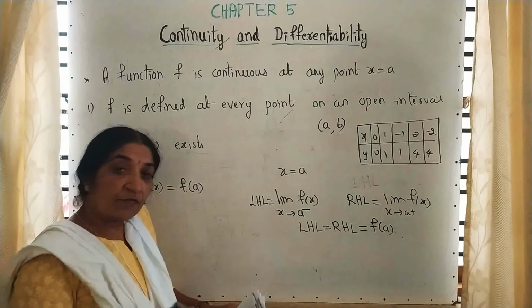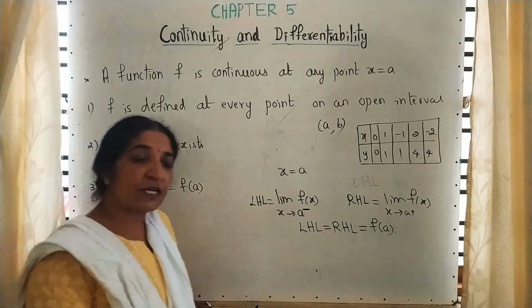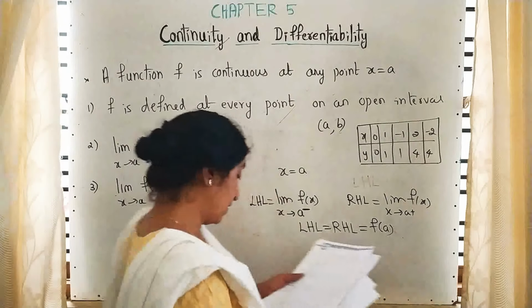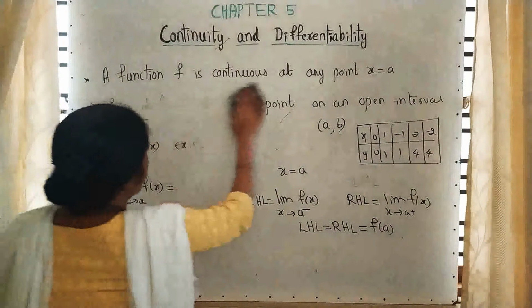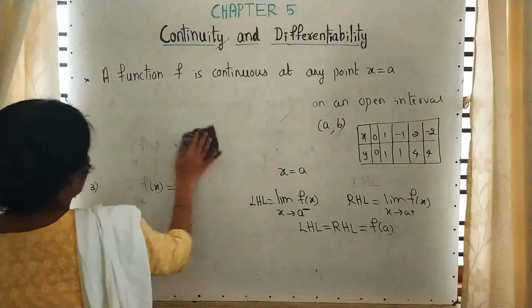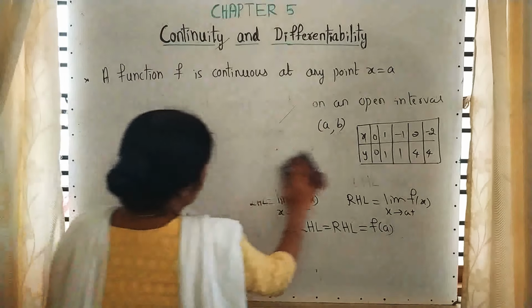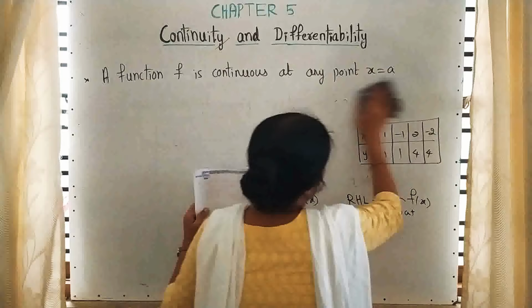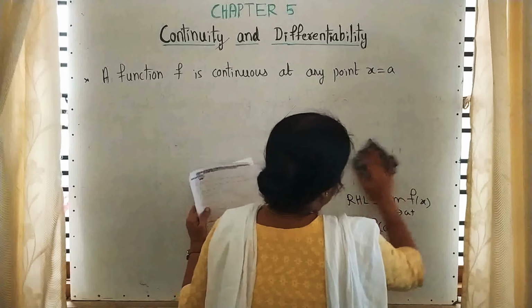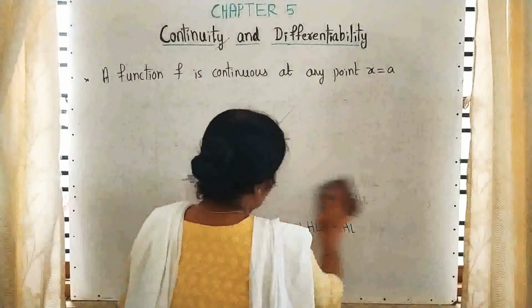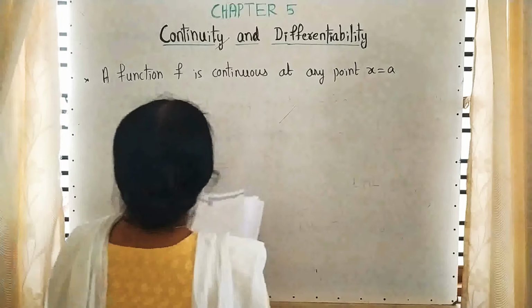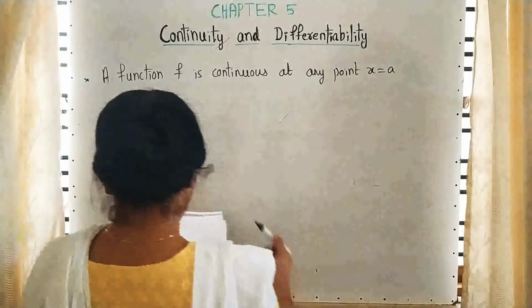And we are going for a function is continuous in the open interval. A function f is said to be continuous. Now whatever the points I am giving, just please note down, students. They are very important for your theory as well as CET. The function f is said to be continuous